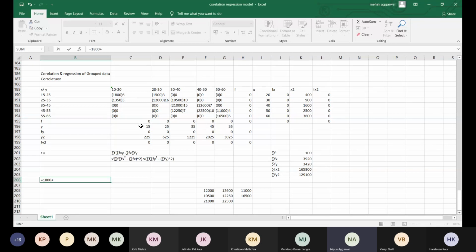So 20 into 15, 300 into 6, it is 1800. Okay. So 1800 plus 1500 plus 0 plus 1350 plus